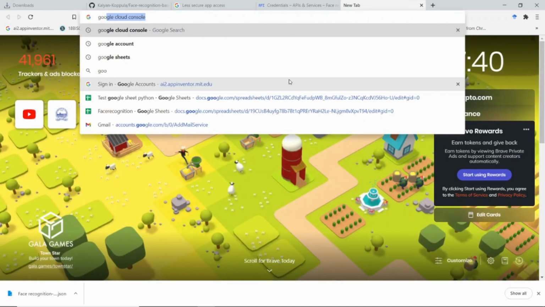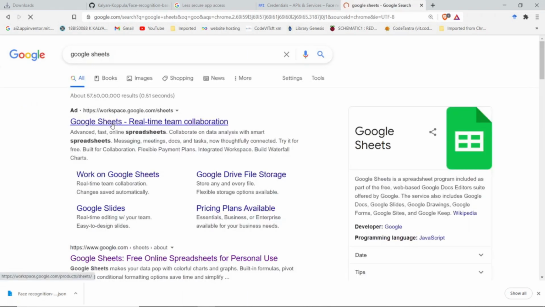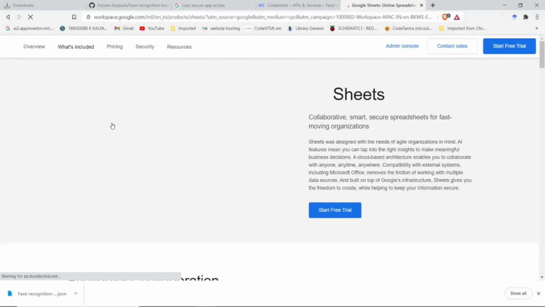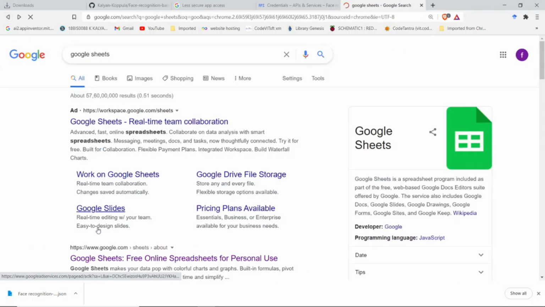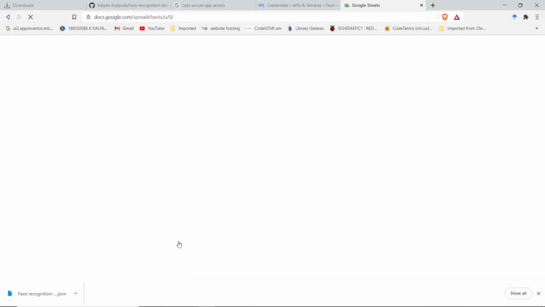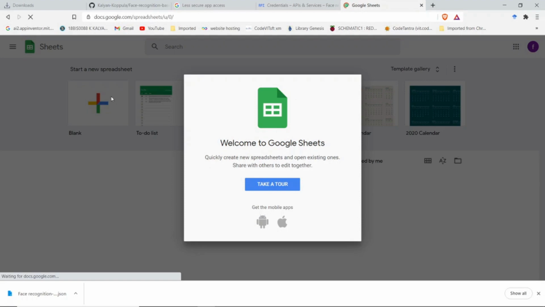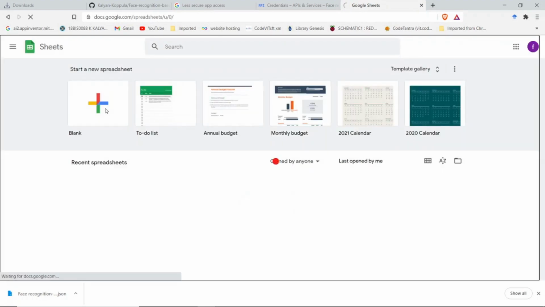Now go to Google Sheets. Not this one. Create Google Sheets. Go to Google Sheets. Create a new blank spreadsheet.